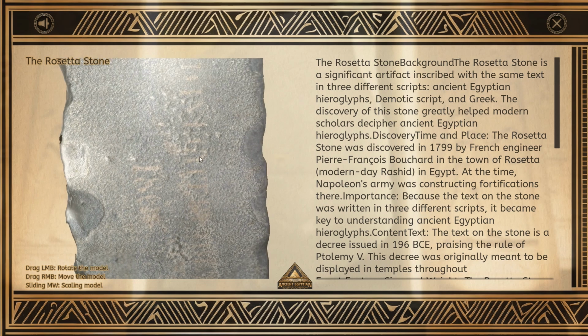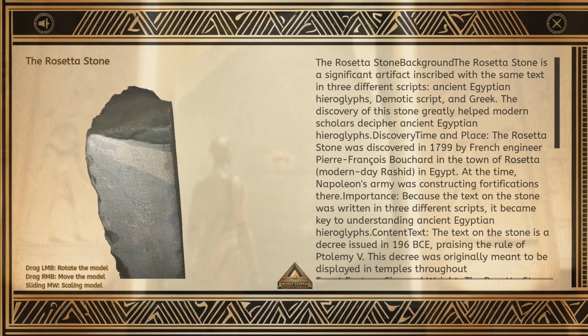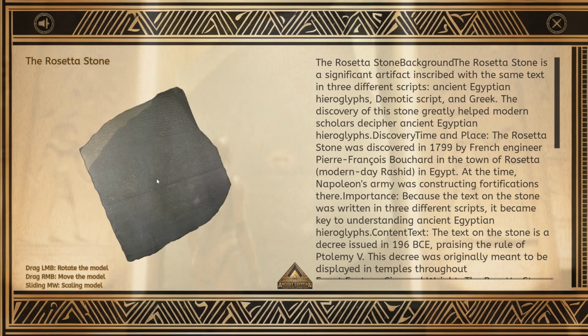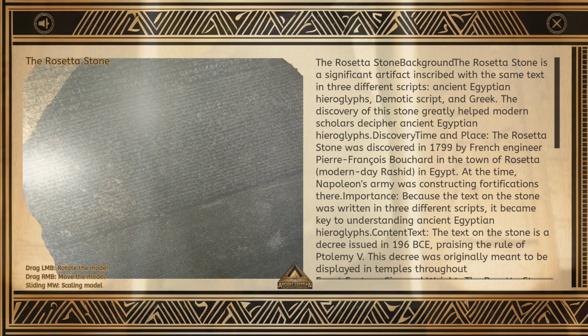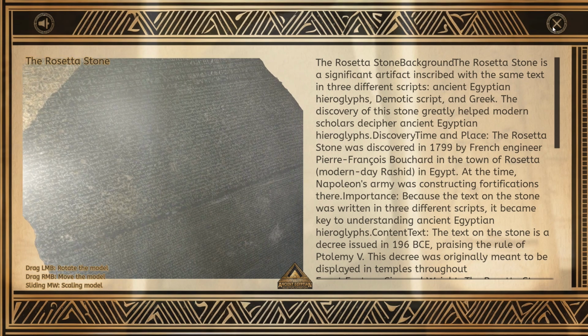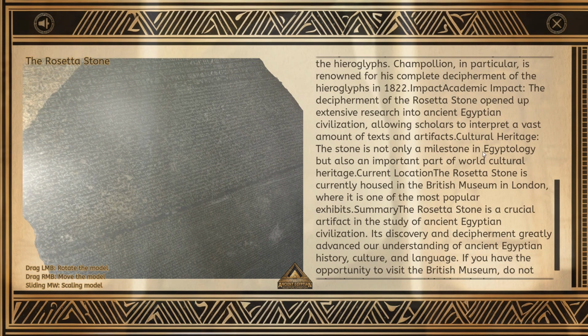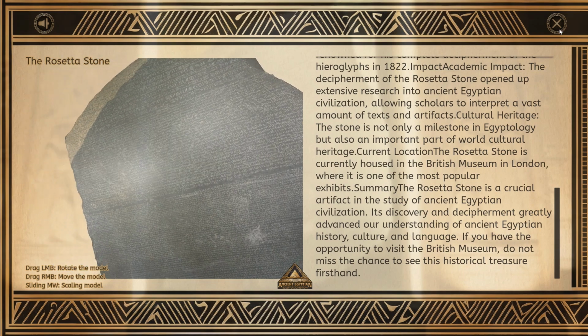Issued at Memphis in 196 BC on behalf of King Ptolemy. The decree is written in three scripts: hieroglyphs, Demotic, a form of ancient Egyptian script, and ancient Greek. The Rosetta Stone was discovered in 1799 by the French engineer Pierre François Bouchard in the town of Rosetta, modern-day Rashid in Egypt. At the time, Napoleon's army